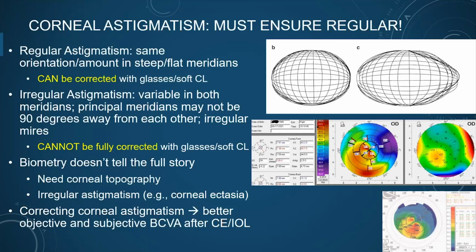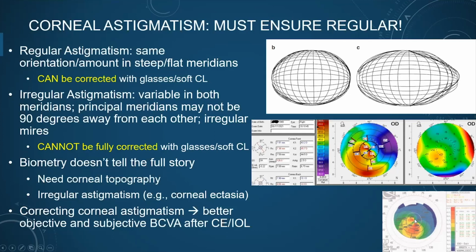So here we have a patient with regular astigmatism. Even though this patient has maybe possibly some early form fruste keratoconus, we can see that the axis, we can actually draw a straight line between the steep, the red line here, and the flat meridians over here. So this would be a patient, even though this patient has form fruste keratoconus, where something like a toric IOL